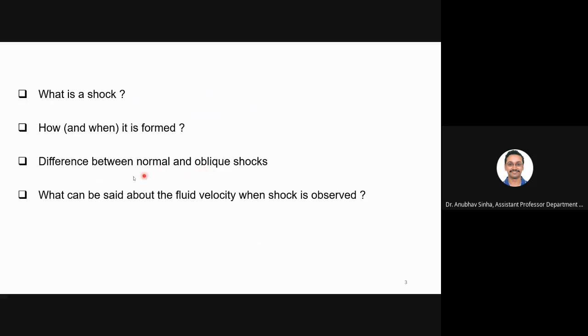But overall, we can say that we have a lot of general or common behavior between normal and oblique, and there are yet some differences that we'll look at in more detail. Okay, last question is, whenever you hear the term shock, or whenever you see any examples or problems where shock is there, how is the fluid velocity? When you observe shock, whether the fluid is moving slow or high, and how slow or how high, that is the question. So let us look at some examples.